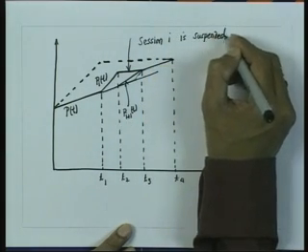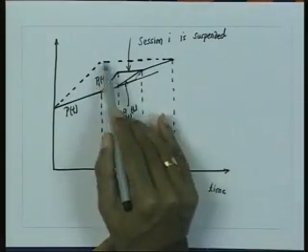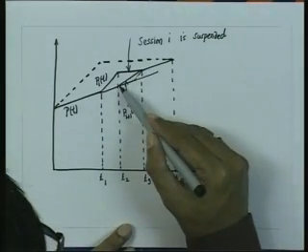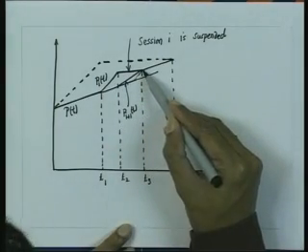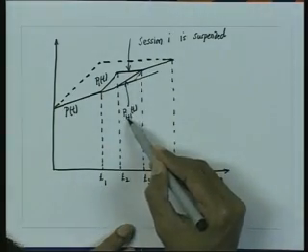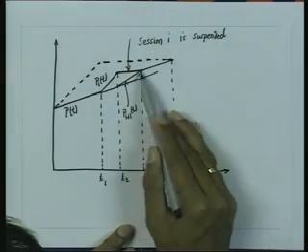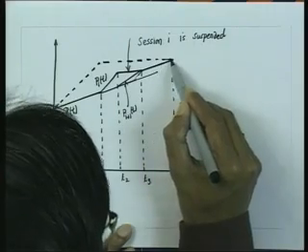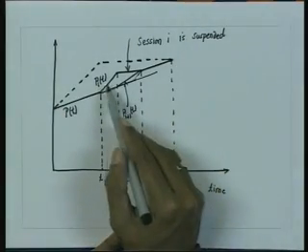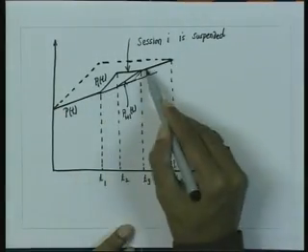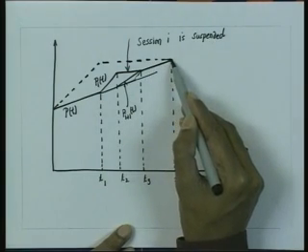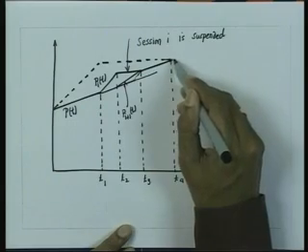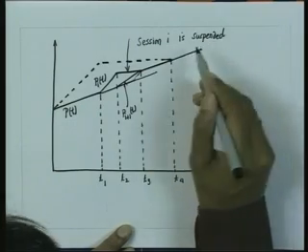So at this point, you can say that session I is temporarily suspended its service. Remember, at T1 all the sessions have been suspended. Session I is temporarily suspended, and I plus 1 is increasing, and at the point T3 the potential of session I plus 1 becomes equal to the potential of session I, and from this time onwards, up to T4, the potentials of both sessions I and I plus 1 increase at the same rates, and at point T4 the potentials of all the sessions become equal, and then it increases in the same fashion.